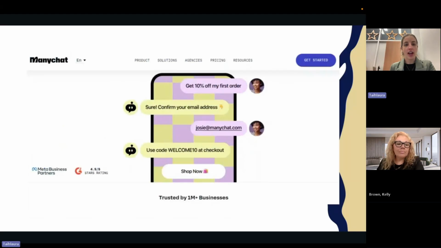So an example of ManyChat, this is just using the one where we use that key phrase and it gets that 10% off that order. They confirm their email address and then they get that code. Then they'd be provided that shop now link. So it's all about engaging with that customer and keeping them happy and also getting them to take action based off what it is that you've asked them to do. By also asking them to comment keywords on our posts, it also improves our engagement, which helps keep the algorithm on Facebook and Instagram happy. So it's a win-win all round.